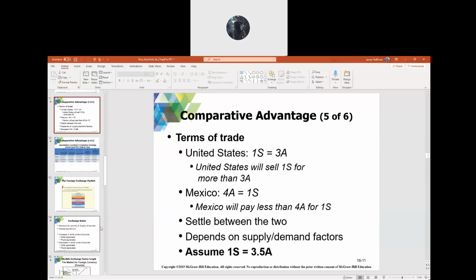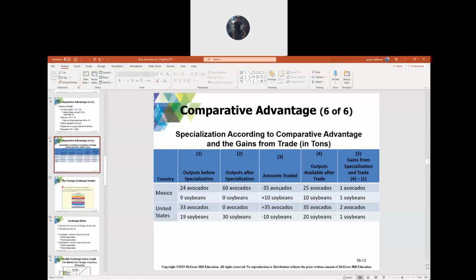Okay, so this deal here falls within there, right? So 1 to 3.5 can be multiplied by 10. That's 10 to 35. So if we follow that exchange rate, 1 to 3.5, a nicer math way is just to multiply it by 10. So instead of 1 for 3.5 avocados, it's 10 for 35,